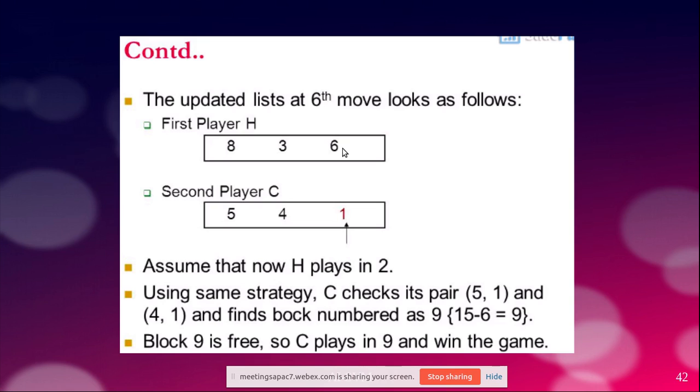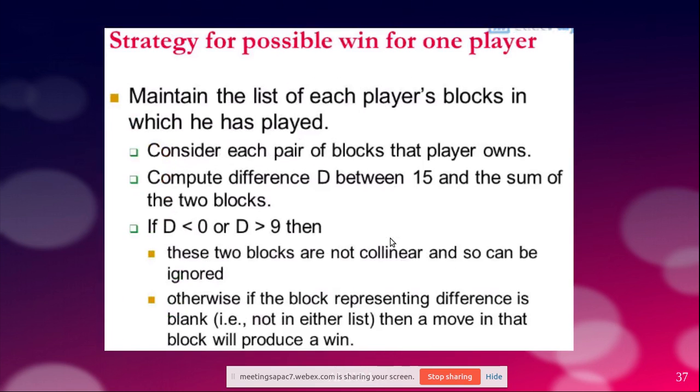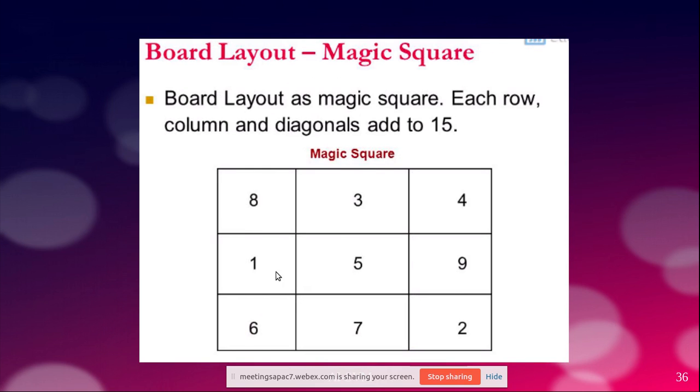Then the sixth is also used. And then 8 plus 6 is 14. 15 minus 14 is 1. So make use of 1. So 8 and 6, what are they? 8 is here, 6 is here. That means one cell is occupied here, the other cell is occupied here. I need to occupy this to make sure that it is not going to win, or I have to win. Then I have to select this one. 8 is already selected, 6 is already selected. Then I have to select 1.